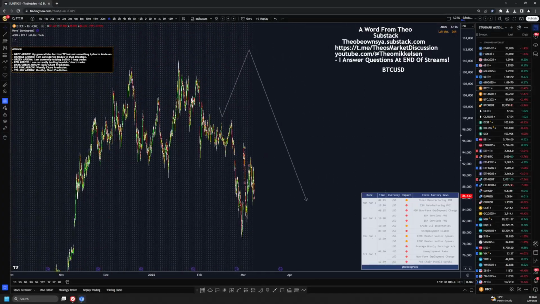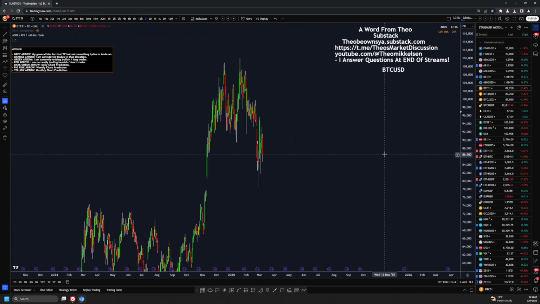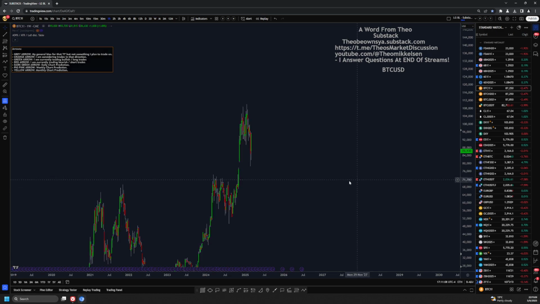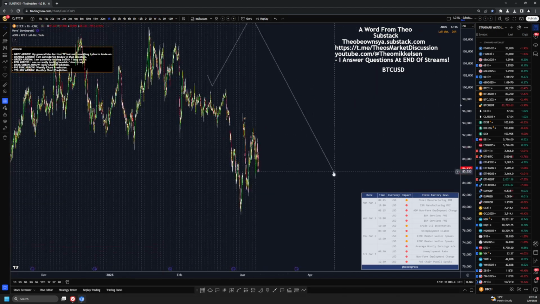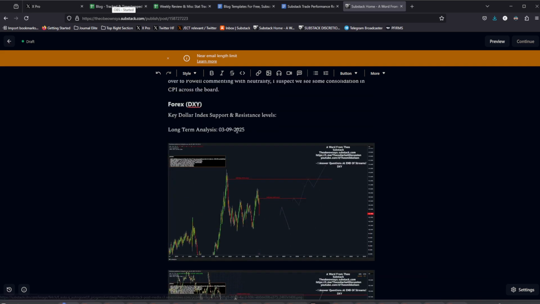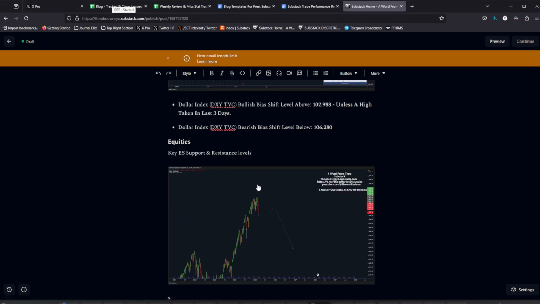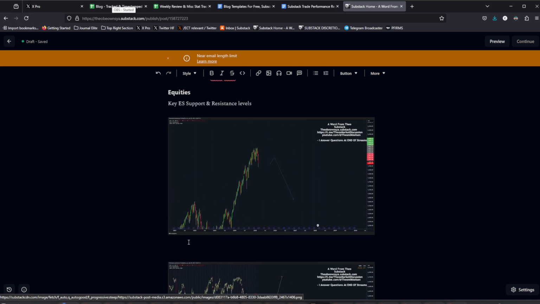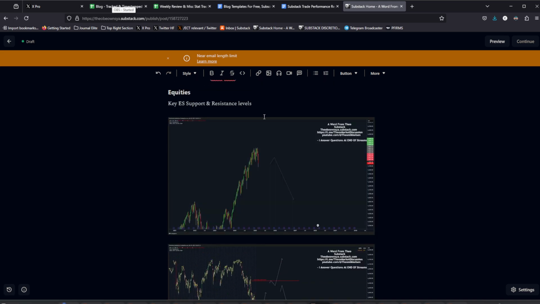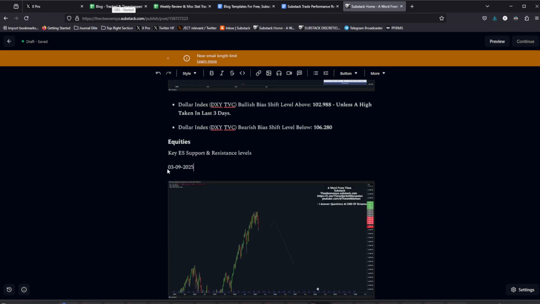And as you guys know, I've been longer term bearish for a very, very long time here. And I'm not necessarily sure if there's a necessity to keep going lower here. We are looking at a longer term chart for the dollar, which I have noted here for this date. And for ES, I wanted to say I have a similar chart here, long-term analysis, a long-term arrow.